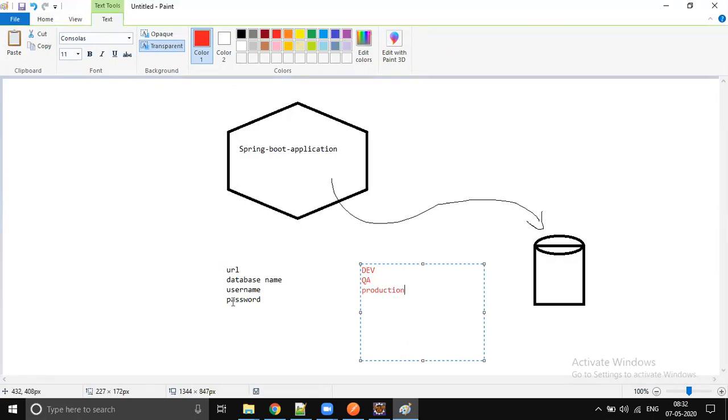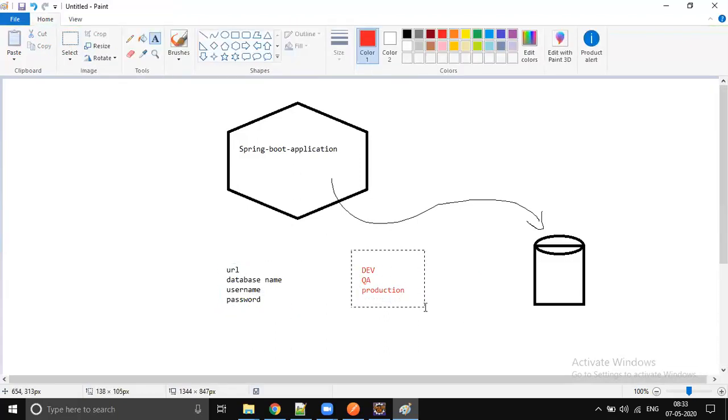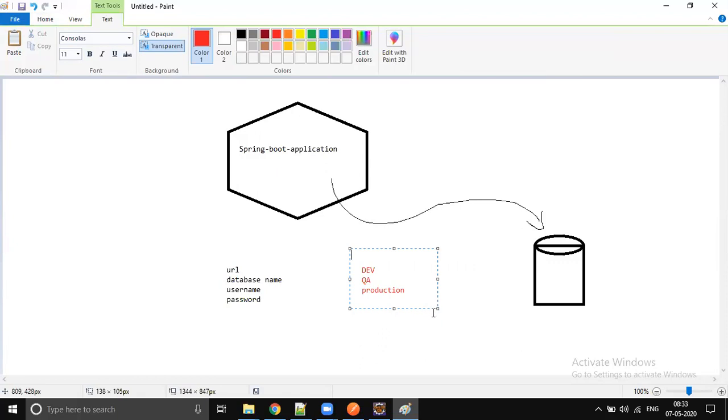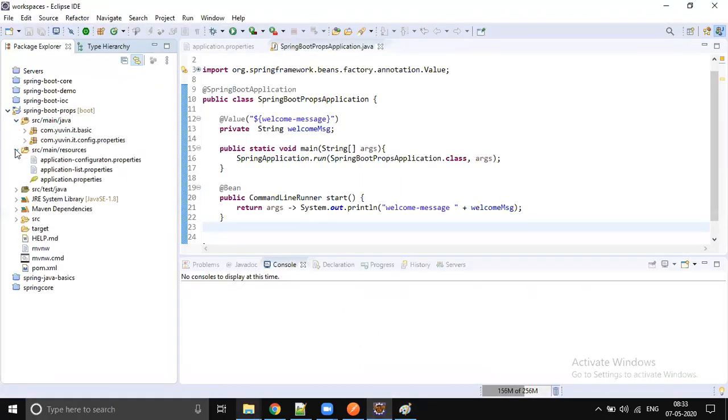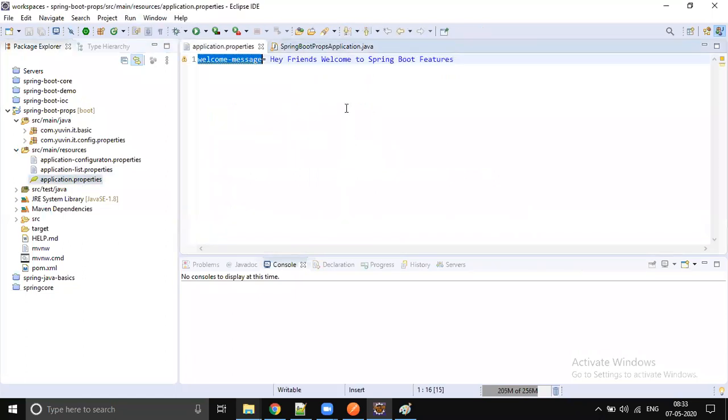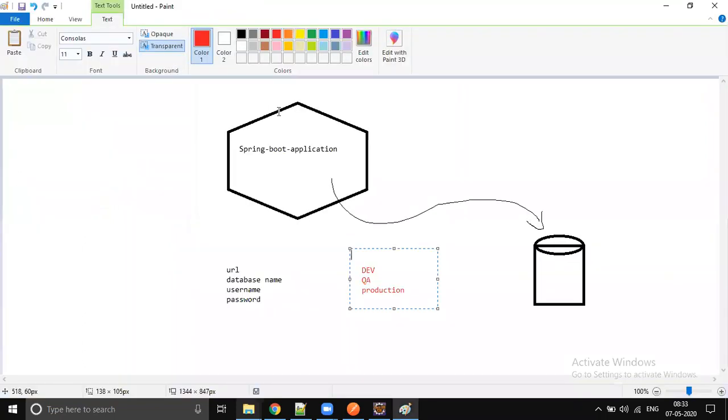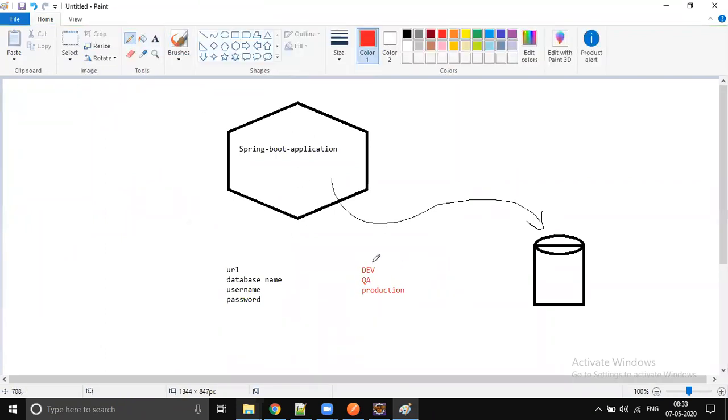What about production? If it is an existing application.properties file, and you put the production database username and password in it, is that the safe thing to do? Is that a good way to keep production database details in an application properties file where each developer can see? Do you really feel that is secure? No, right? Up to dev it's okay, up to QA it's okay, but at least for prod, it is not at all good.